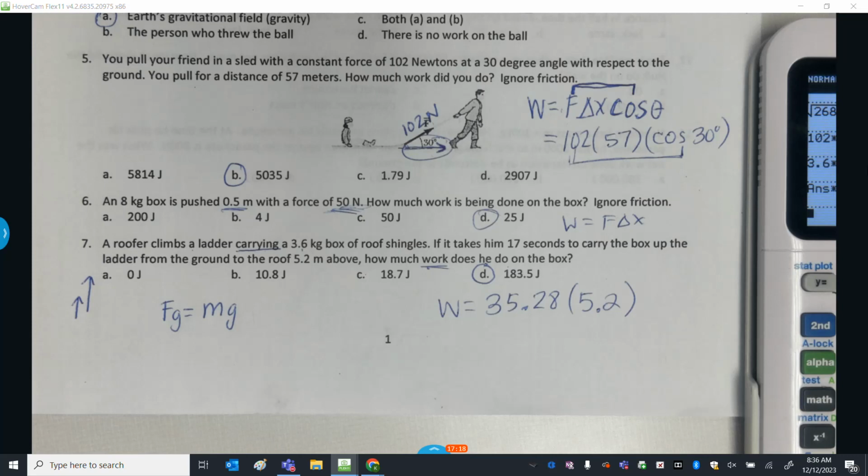Are there any questions about number 7? Any remaining questions? Hopefully that clarified it for you, because